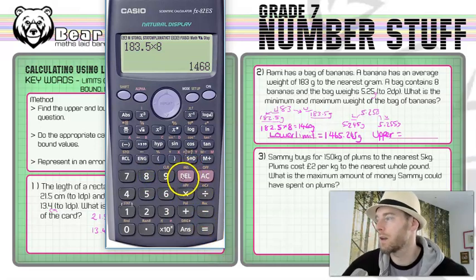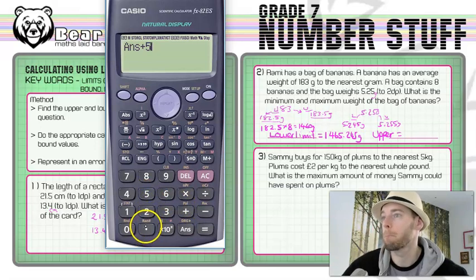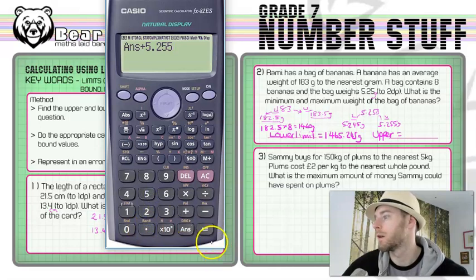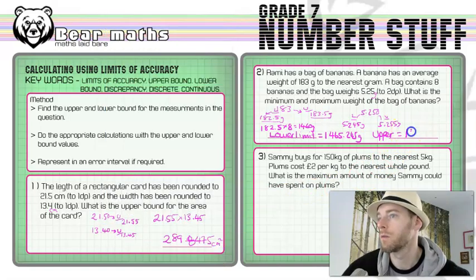That's another 8 grams on top of what we had before, and then we're going to add on to that the highest weight, or the largest weight of the bag itself, 5.255, and that equals that number, 1473.255